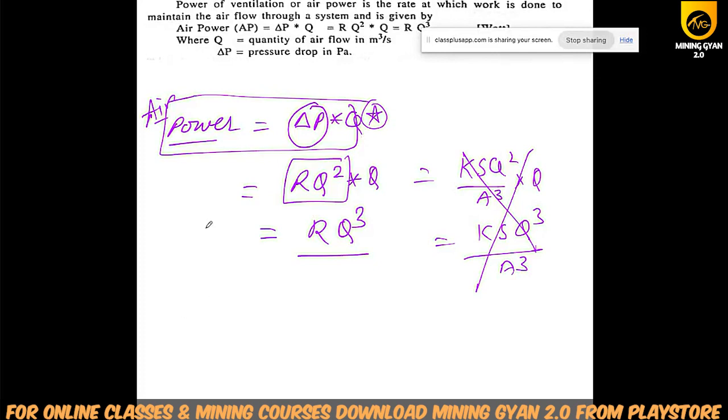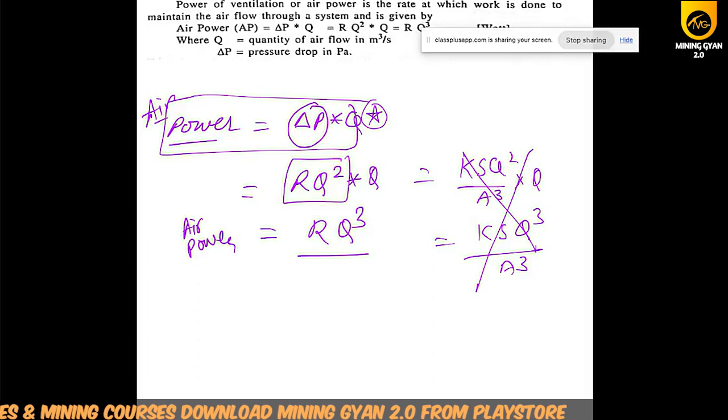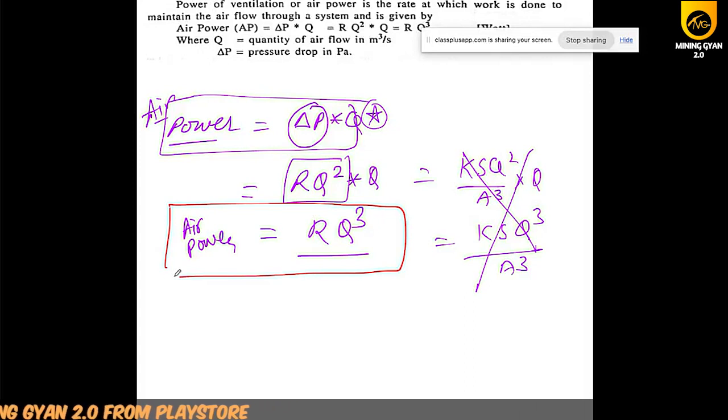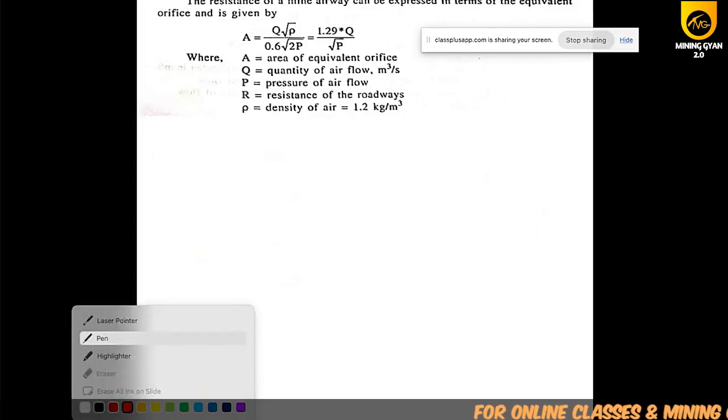And the air power direct formula: whenever you revise and recall, just remember that air power is RQ cube, where Q is the quantity of airflow, and you also know delta P is the pressure drop. And in the equivalent orifice,